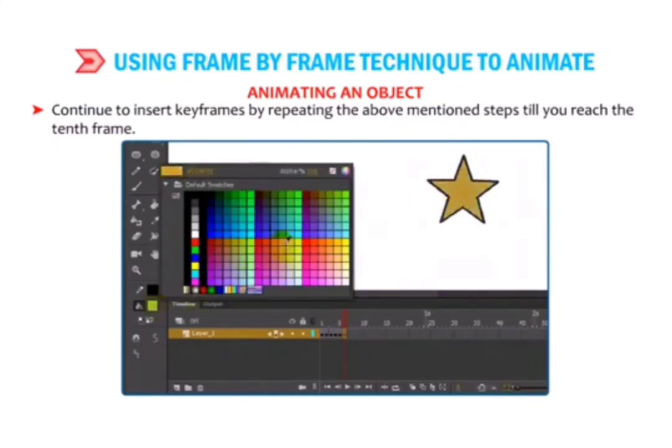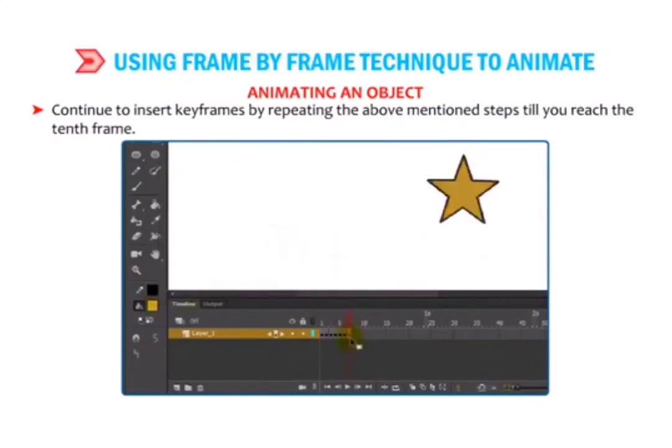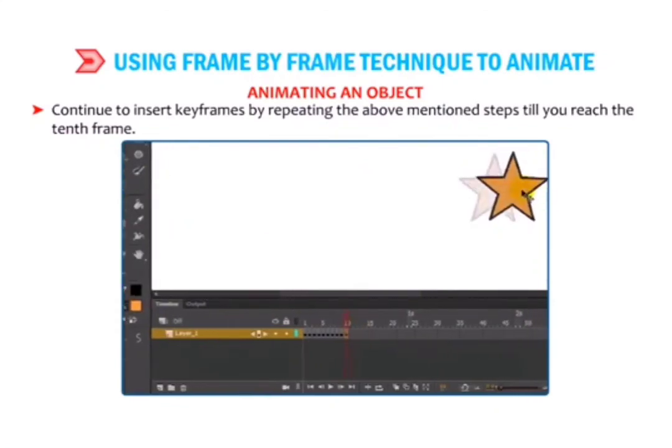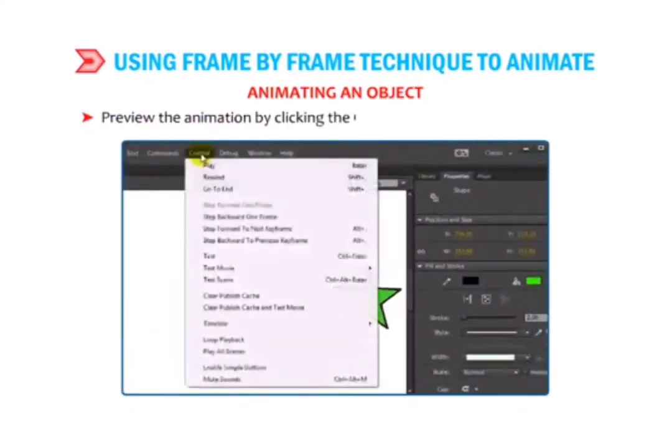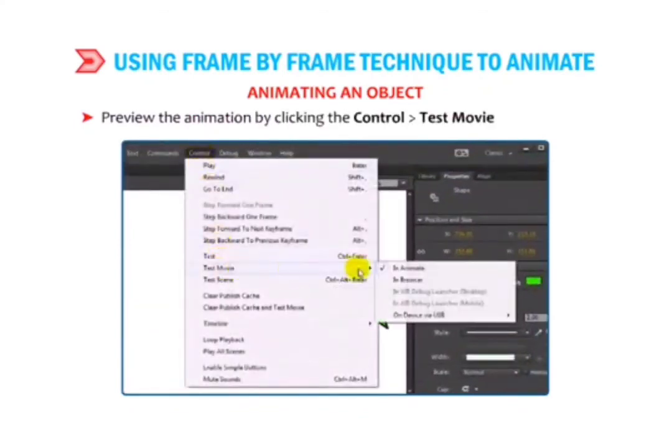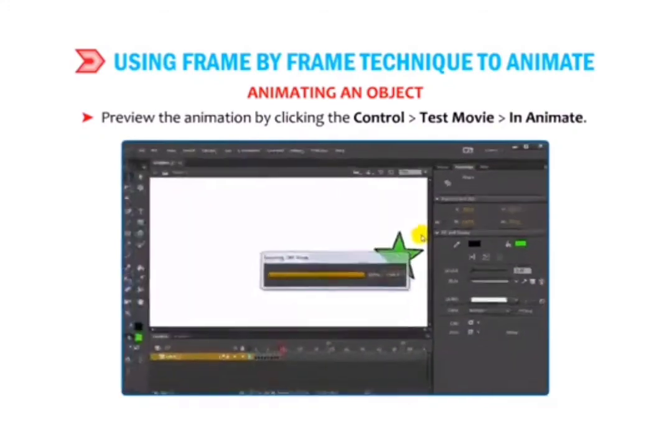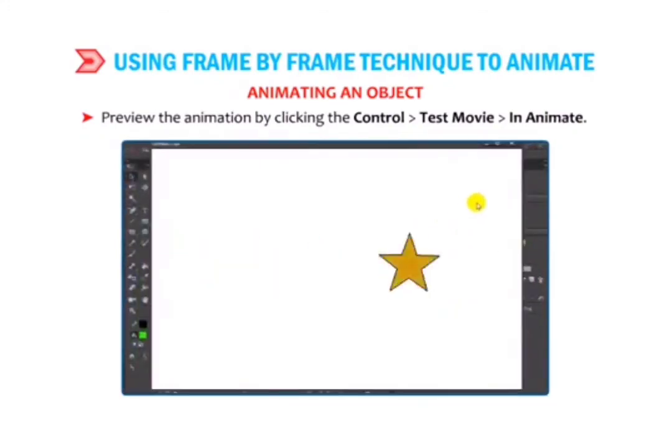Just enter a new frame and then change the color to a different color that you have not used earlier. So in this way you can reach up to 10 frames and we can animate the object. Preview the animation by clicking the control, then test movie and then in Animate. So this is our animation.